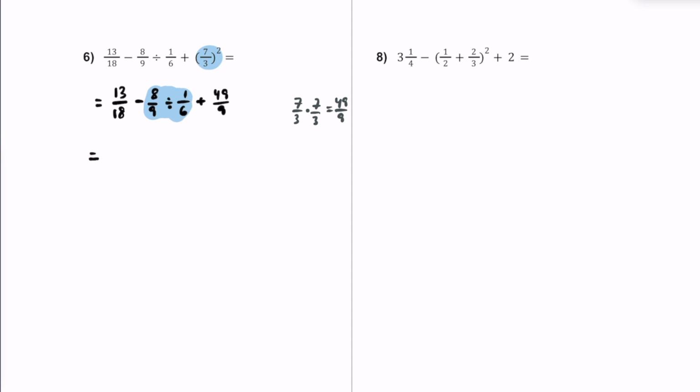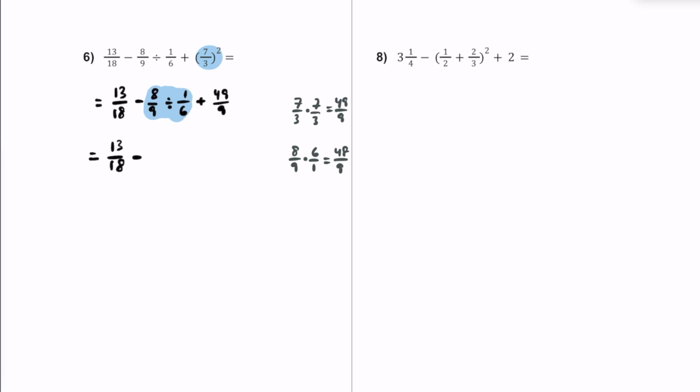If we go with division here, we're going to have 13 over 18 minus, let's see, we're going to have to turn this into a multiplication problem. So we're going to go ahead and multiply by the reciprocal, or keep, change, flip, or Kentucky chicken fry, whatever you want to think about. So that's going to be 8 over 9 multiplied by 6 over 1, and that's going to be 48 over